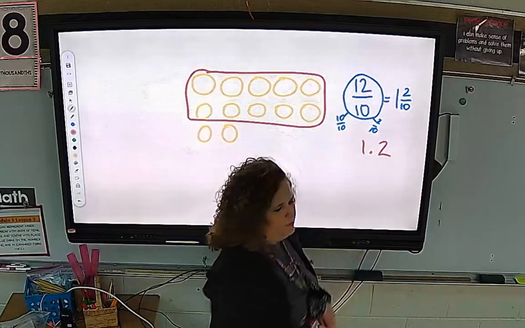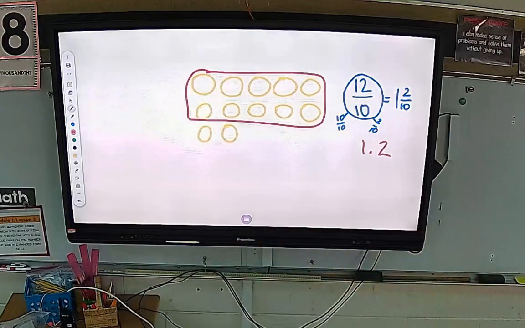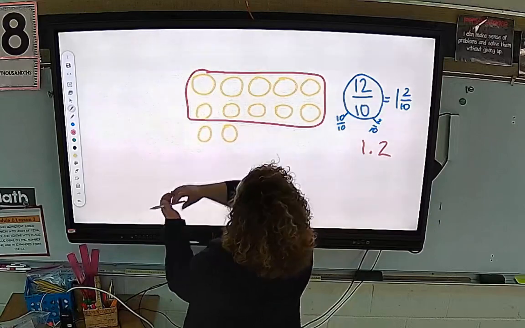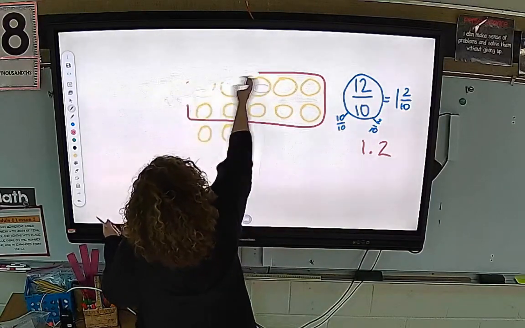Okay? Can you take off those 10 and replace them with what they're equal to? Take off the 10 tenths and replace them with what they're equal to. If I took off all of these,